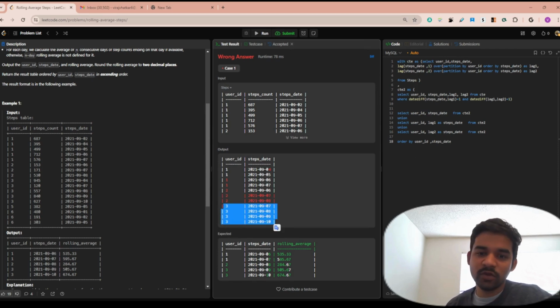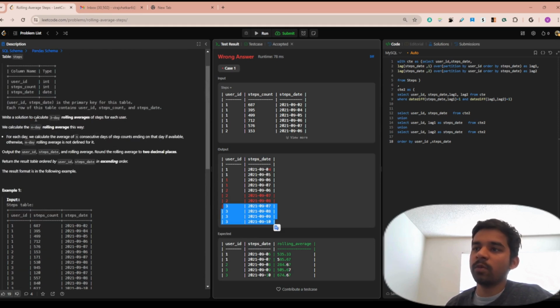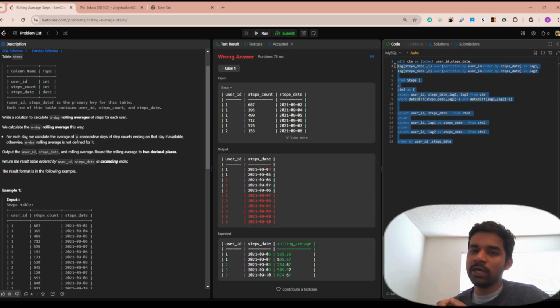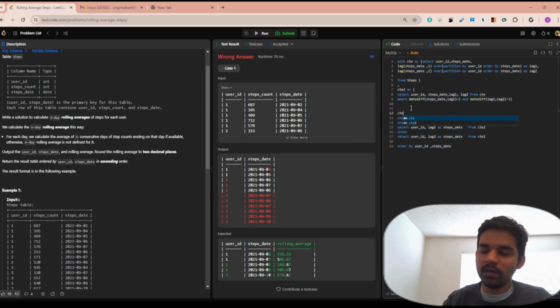The next step is, of course, we have to compute the rolling average. Now the problem of consecutive dates has been solved. We needed to find consecutive dates, as given in the question, and we are now getting three consecutive dates. Now the next step is we need to find the rolling average. For that purpose, you have to convert this again into a common table expression, CTE3 as,